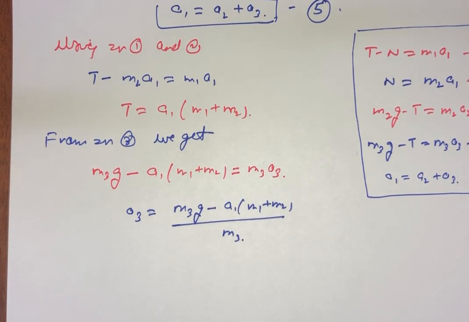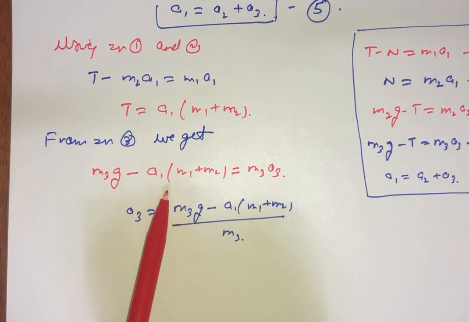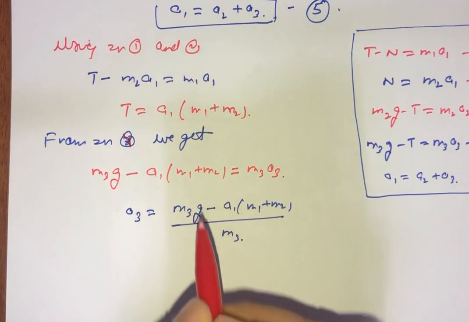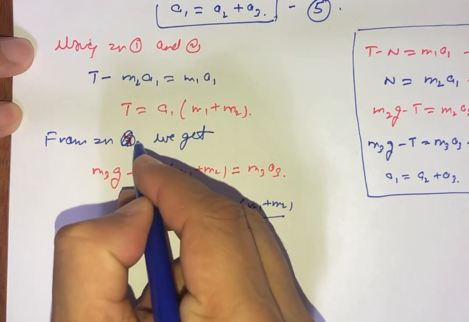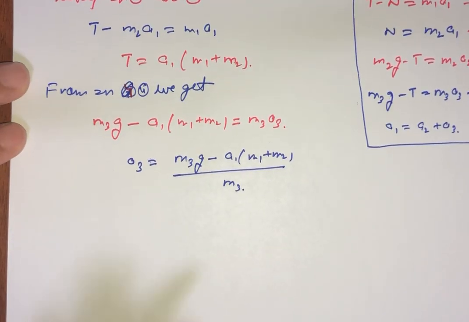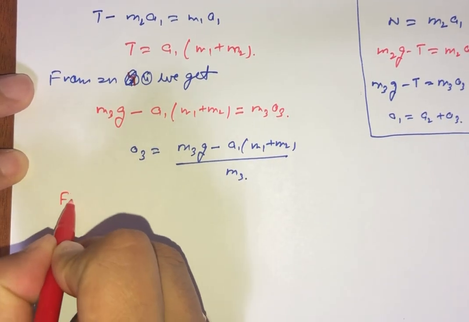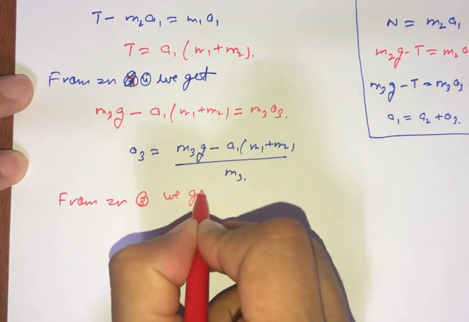Now we are going to use the equation, one second, m3 g, oh sorry, this is equation 4, not 3. This is equation 4. Now we use equation 3. Okay, we get from equation 3,